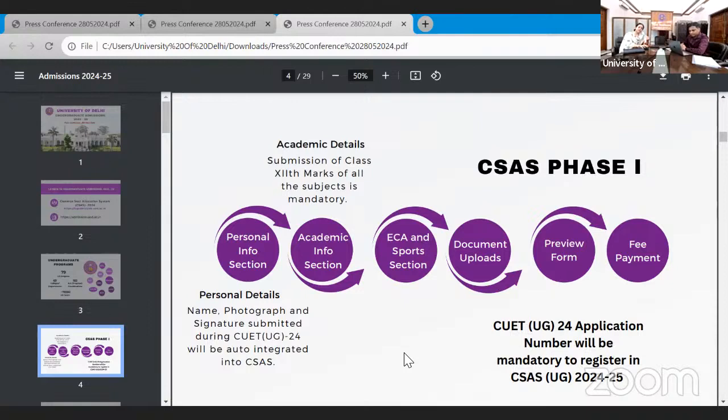PWD कैंडिडेट्स जो हैं वो अपनी कैटेगरी नहीं चेंज कर पाएंगे बिकॉज दे हैड ऑलरेडी टेकन सम प्रिविलेजेस इन CUET विद रिस्पेक्ट टू दैट PWD कैटेगरी। सेकेंड पेज जो है वो आपका एकेडमिक डिटेल्स पे होगा। यहाँ आप अपने क्लास 12th के मार्क्स और उसका स्टेटस डालेंगे।